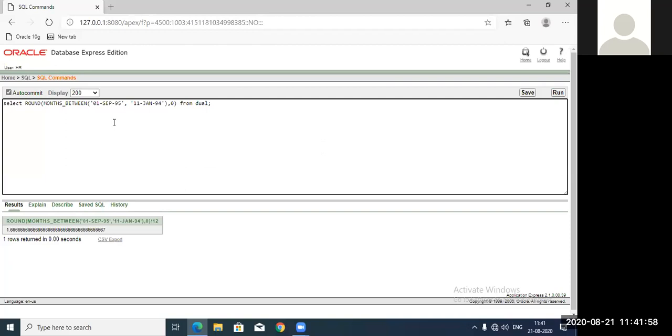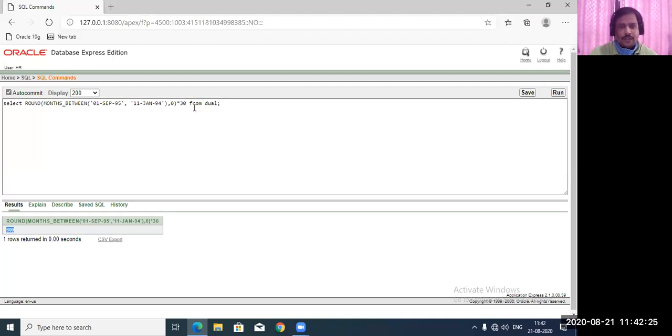Now if you have a particular unit of measure, you can convert it in different ways. Suppose you are calculating the number of days. At that time we can multiply, because for months to days, 1 month is 30 days. So this month value we multiply by 30, and that becomes your number of days. So now we have 600 days for this particular date range.